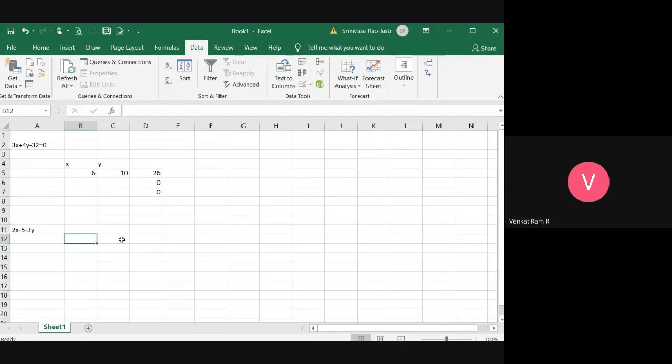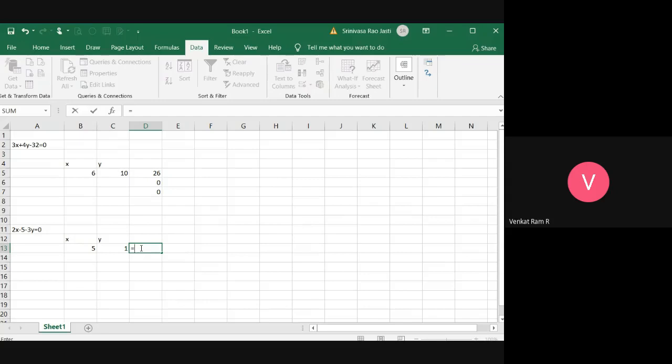So I'll take x value and y value. I'll take x value as 5 and y value as 1. Okay, so let me see what answer I am going to get.